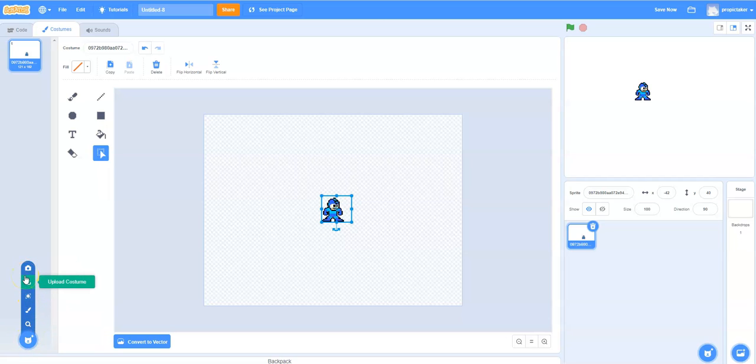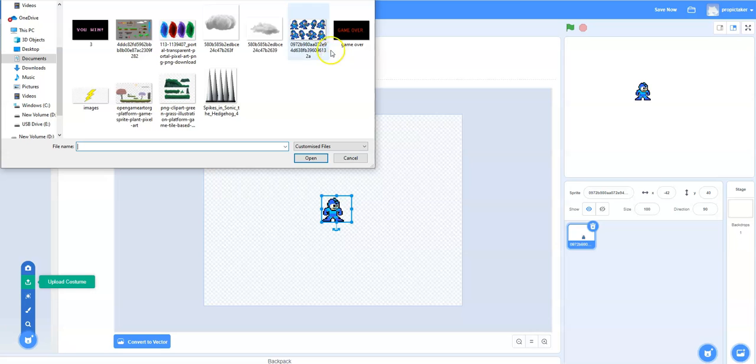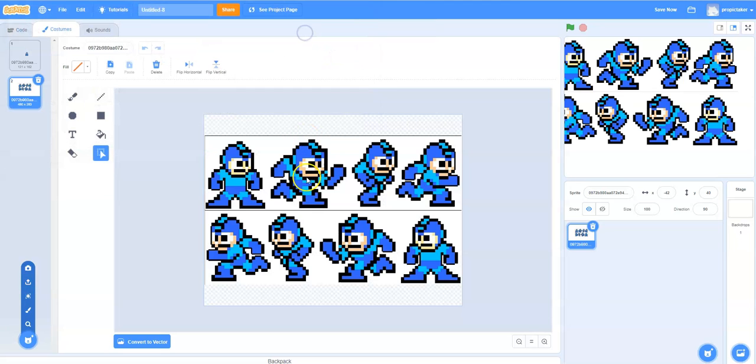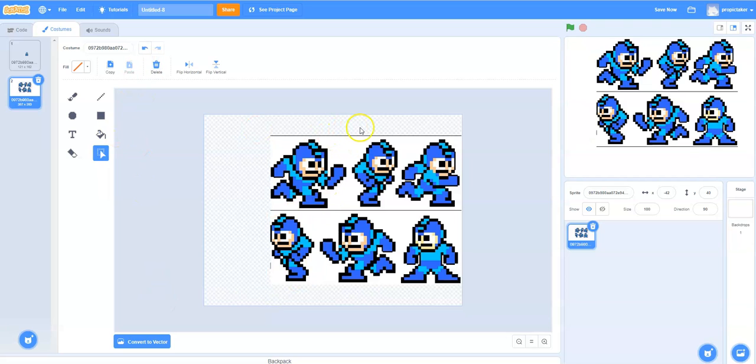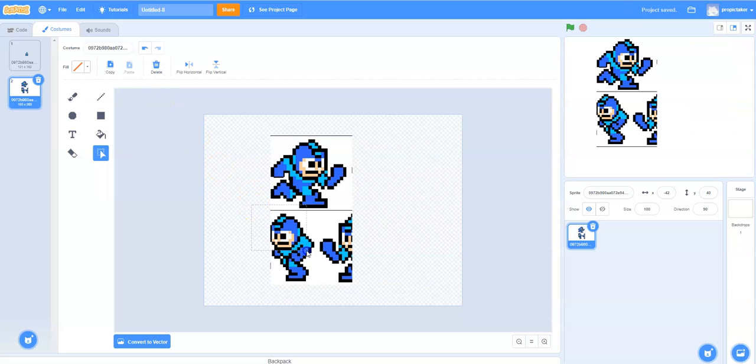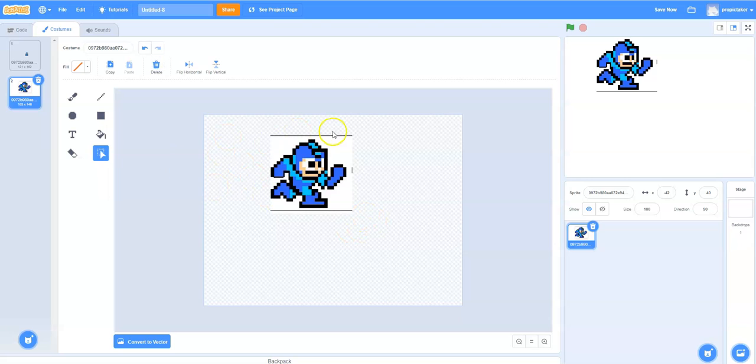So again we click on upload costume and we upload the same sprite sheet we had before, but this time we're going to cut this one out. So exactly the same procedure as before. We cut out that part, delete, cut out all of this, delete, cut out all of this bit, delete,